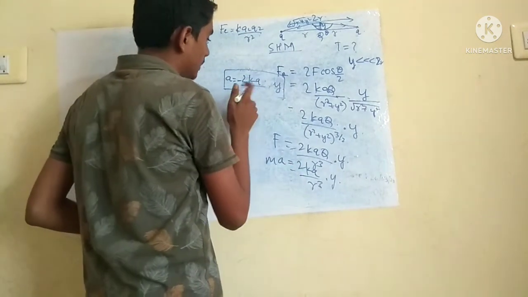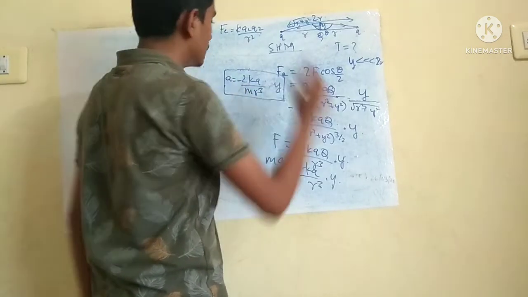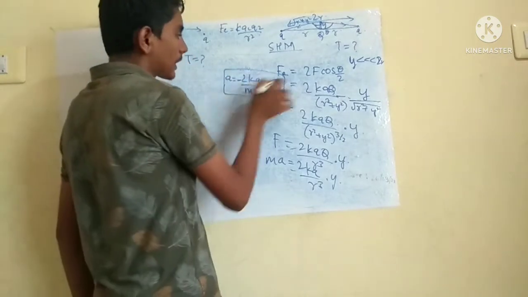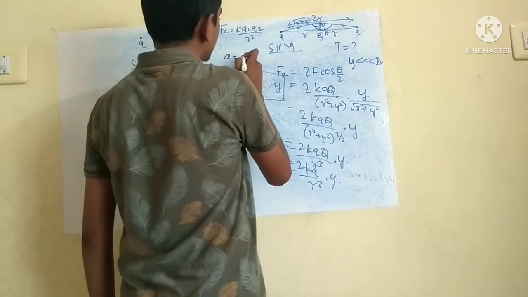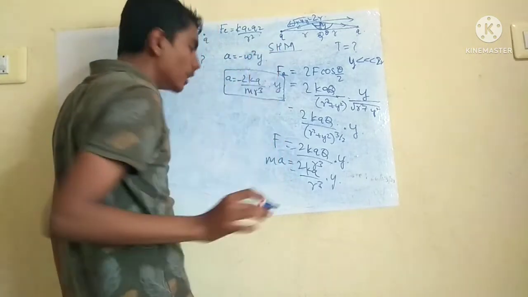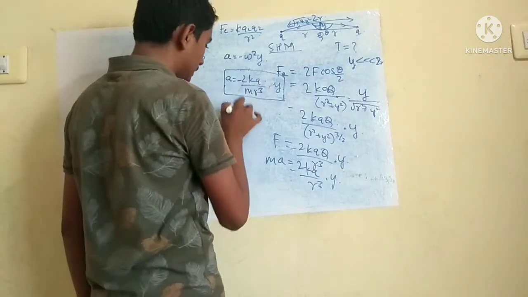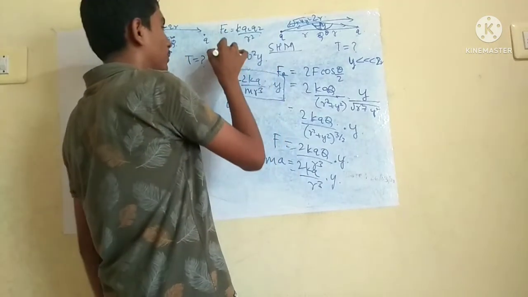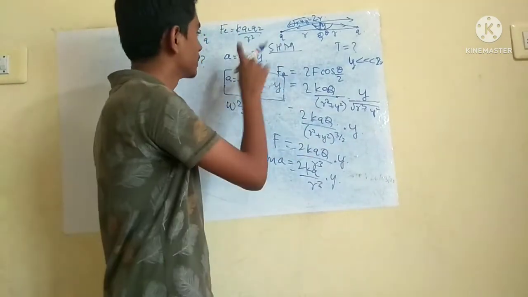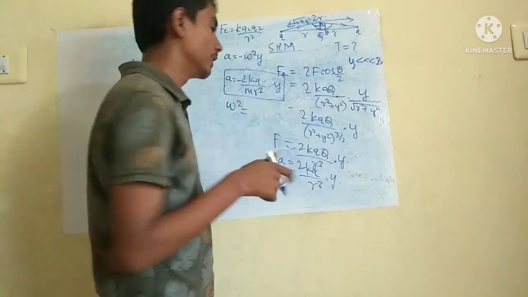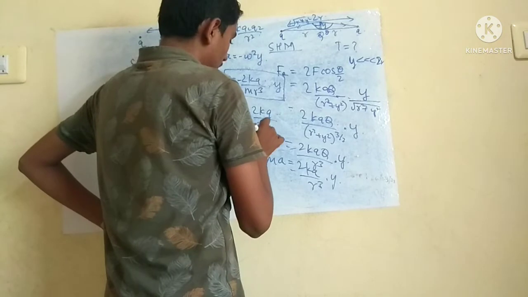अरे यार क्या है मेरा representation. Okay, now compare this to A is equal to minus omega square into y. Okay, if you compare these two equations, then you will get the value of omega square. This formula is in oscillations. First in class 11 oscillations, simple harmonic motion, A is equal to minus omega square y. If you compare these two equations, y omega square value will be like this.